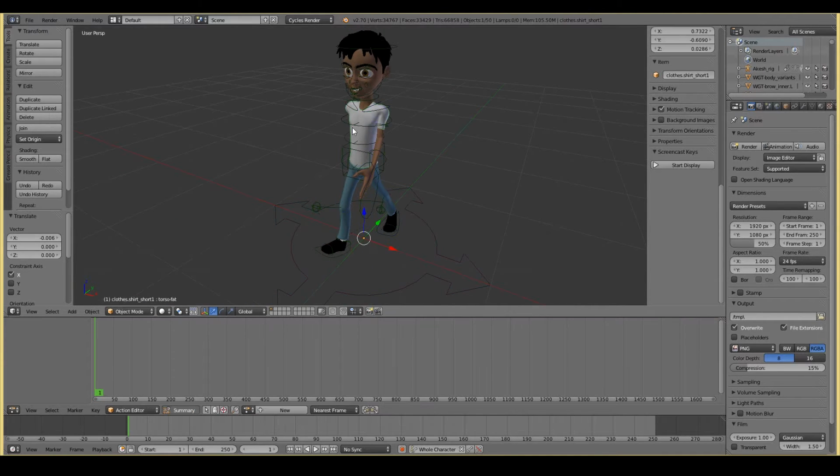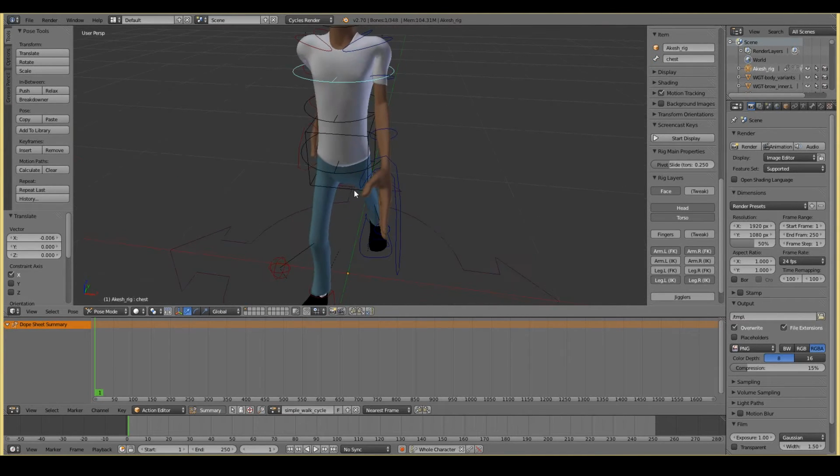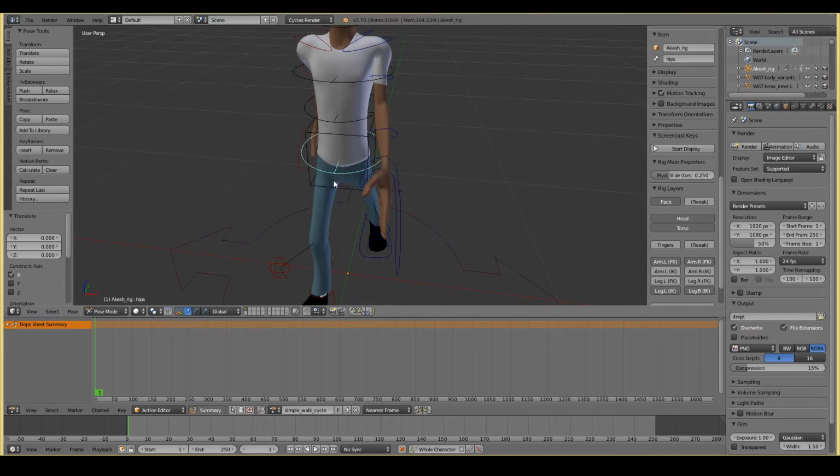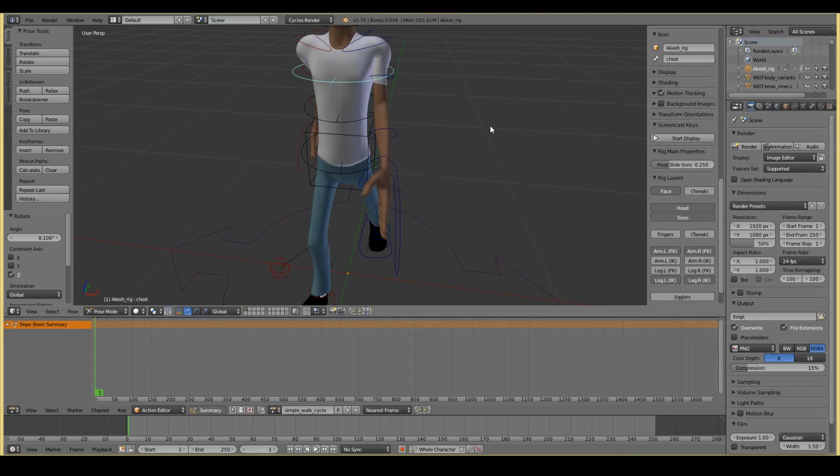With the body, what you want to do is, see, you want to have the hips rotate in the opposite direction of where the front leg is facing. So a little, not too much, just a little bit, subtle. And obviously over here, the chest, you want it to be in the other direction, opposite direction.